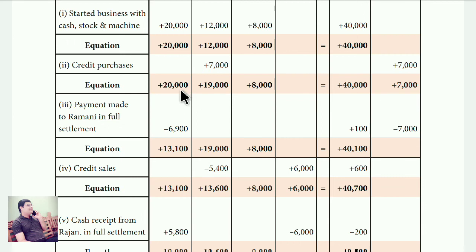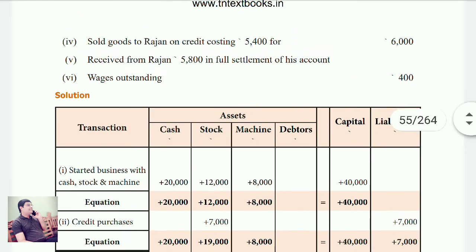Now in cash column, 20,000 minus 6,900, 13,100. Next, there is no adjustment, so straight away write the total. Then 40,100, 40,000 plus 100, 40,100. Then 7,000 minus 7,000 is 0, so no need to write 0, leave it as a blank. Next,